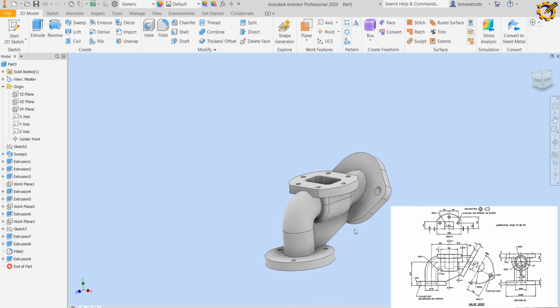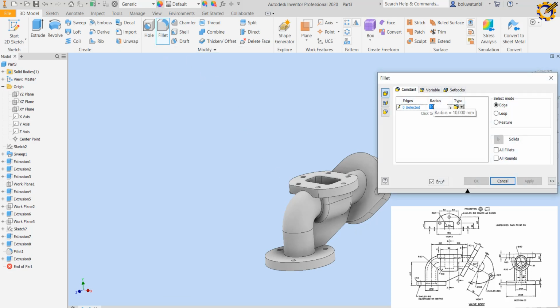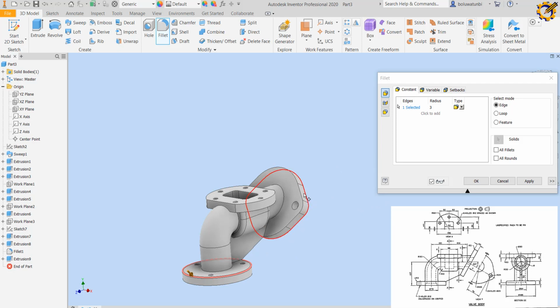So what else are we missing out? Let me check. Okay, fillet. I'm going to fillet this area, radius 3 for this area like this, and this area radius 3 also. Apply. So other areas we are told to use radius 6. Other areas like,